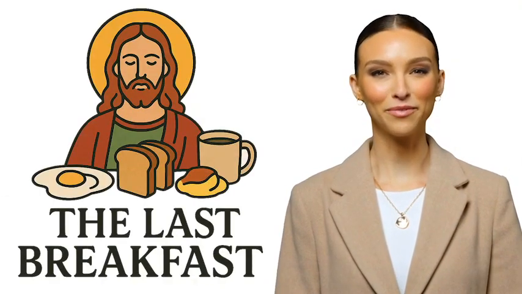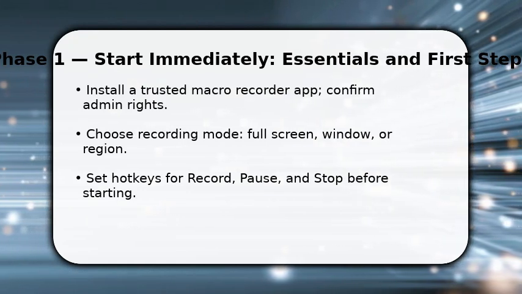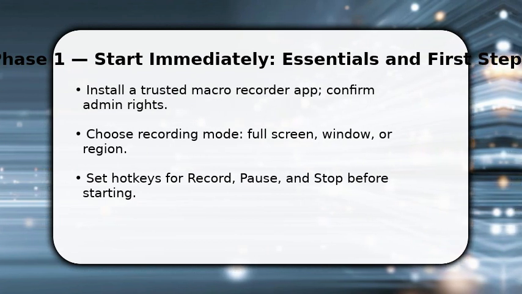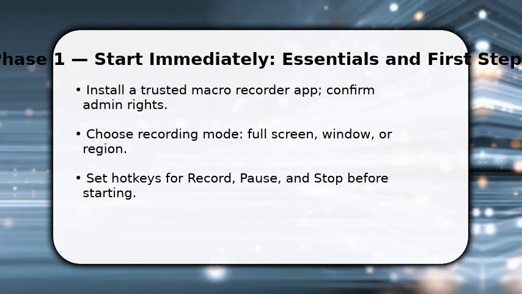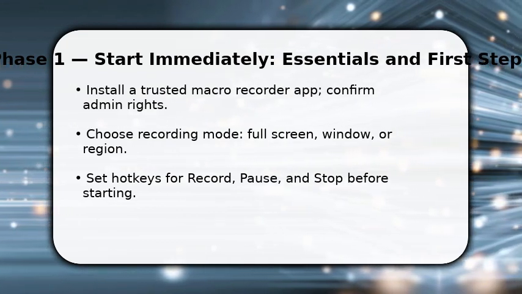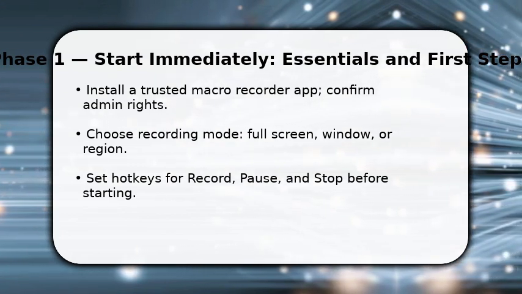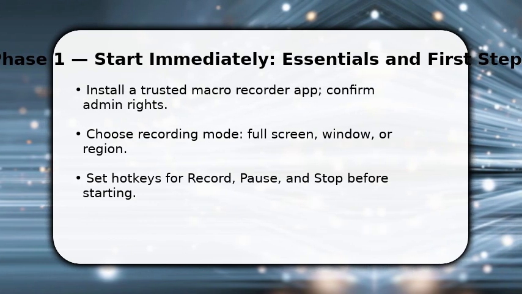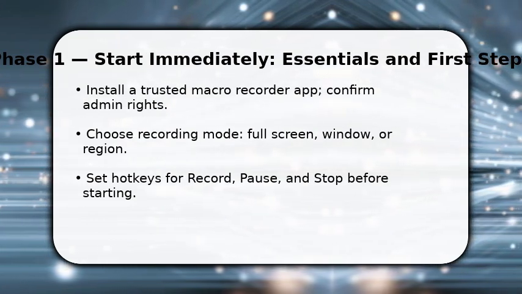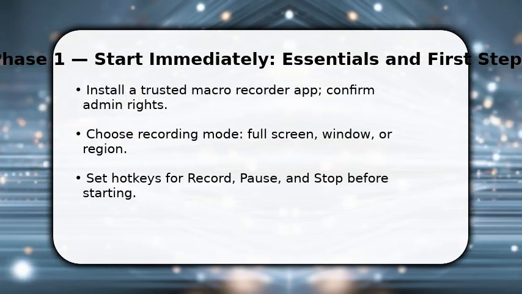Please enjoy the video. You begin by opening the macro recorder and granting permission. This lets it capture keystrokes and clicks reliably. Once permission is granted, select the recording mode that matches your task, full screen for multi-window workflows, or region mode for a single app. Then assign hotkeys for record, pause, and stop so you control the capture without using the mouse. Do this now. It prevents accidental recordings and makes playback more predictable, so you can focus on the actions,